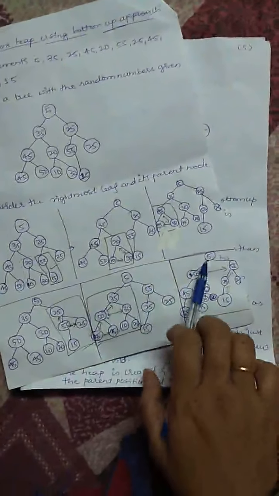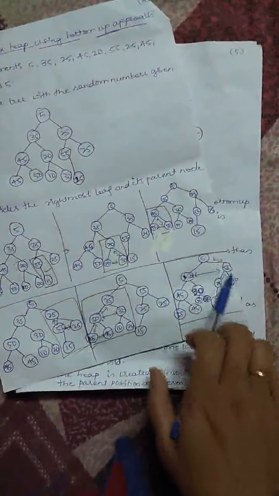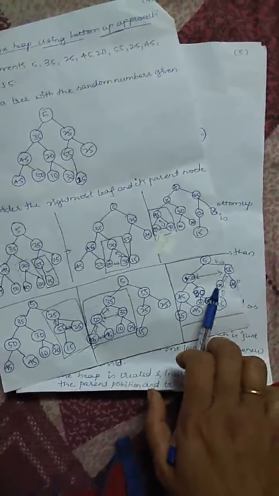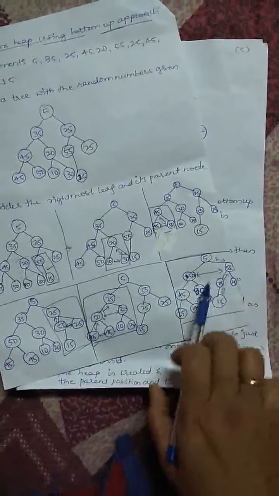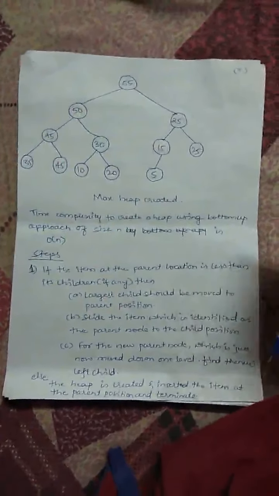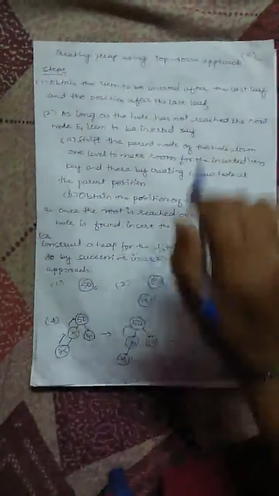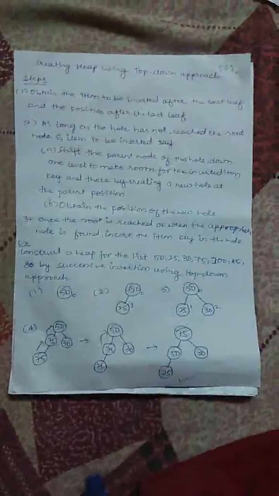So when we are swapping here 5, we checked the below level whether it is following the rule of maximum heap. When again we have swapped 5 here, again we'll check whether it is following the maximum heap rule. Like that, whenever you are doing swapping, you have to go on checking the below heap whether it is following the rule or not. So this is how you are doing the bottom up approach. So next we are going to study about the top down approach here. So we will be studying about the top down approach.